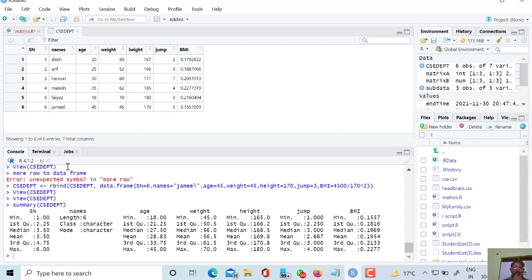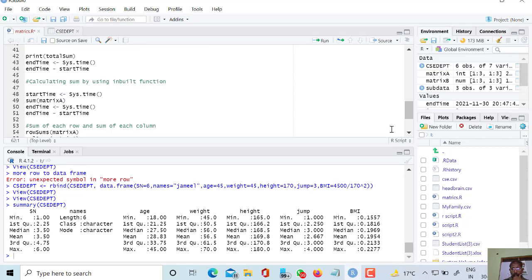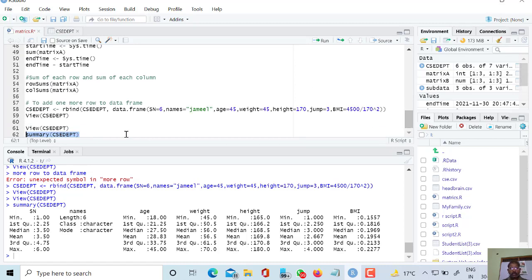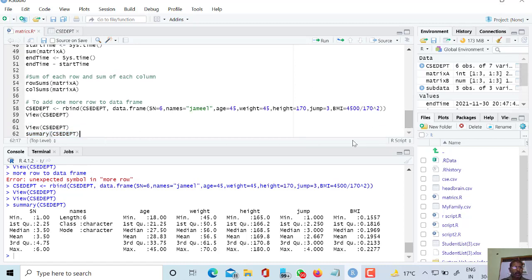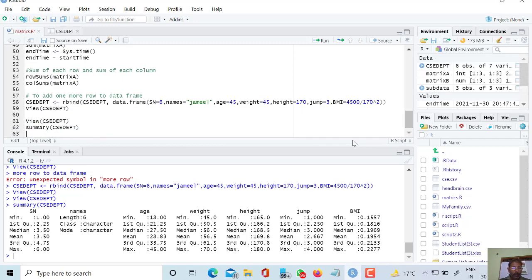Number of data is 6, and for age also everything has been given, and this is a very important thing. We can easily understand that the main thing in every data is to calculate the mean, median, maximum, minimum. These are very important. So by applying the summary function we can get most of the things here.